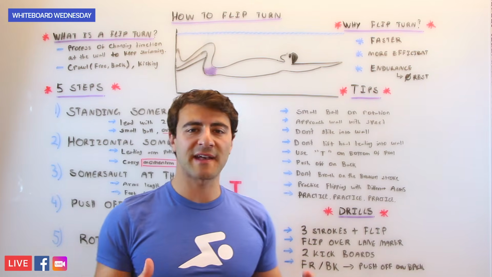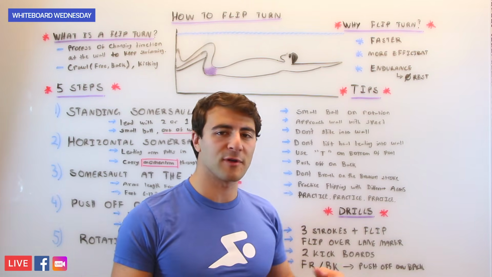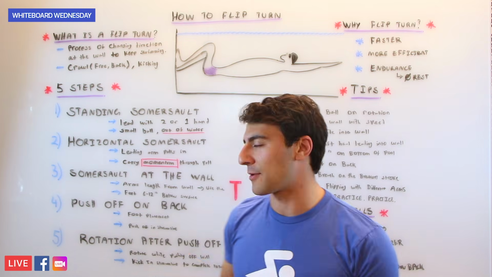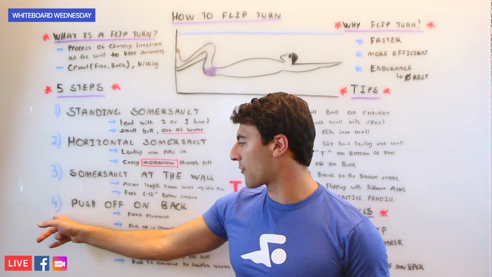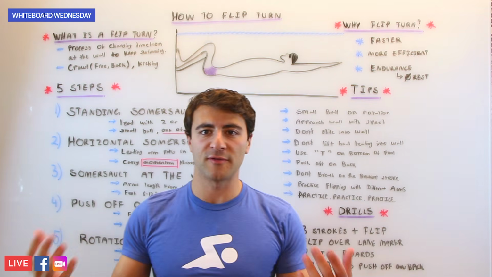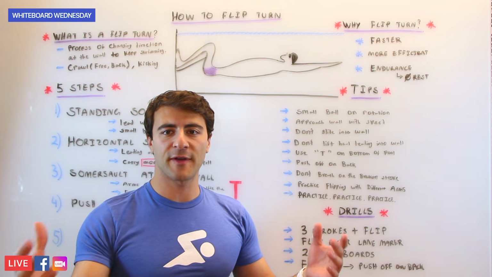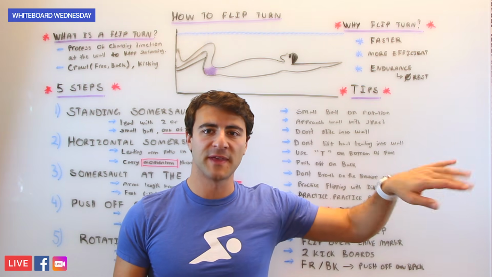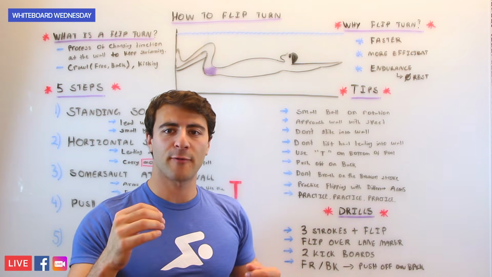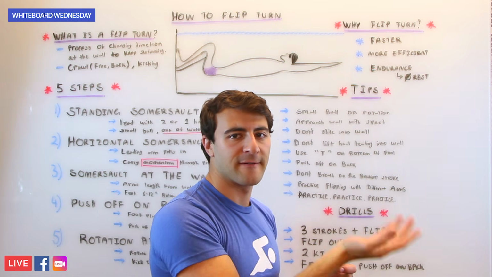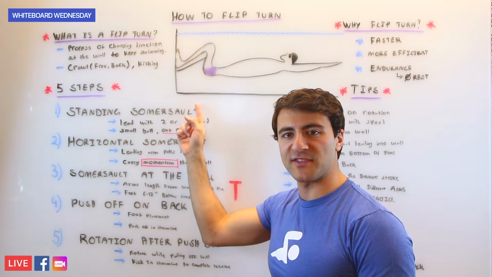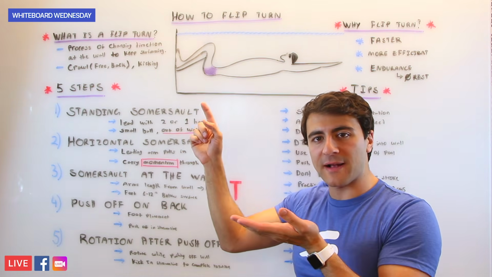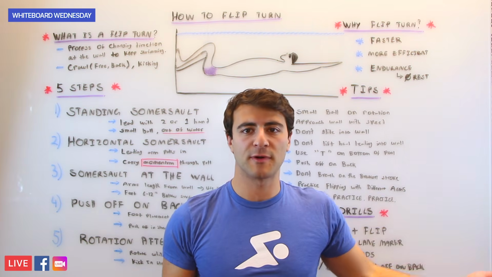Finally, you can do sets where you go freestyle backstroke where you focus on pushing off your back. So similar to step number 4 where you push off on your back where you do freestyle, you can do 50s where you go freestyle on the way down and then a 25 backstroke, and it forces you to swim freestyle, flip turn, find this position and then push off on your back, and then you stay on your back and you swim backstroke.